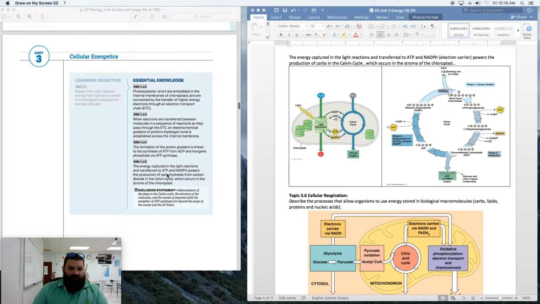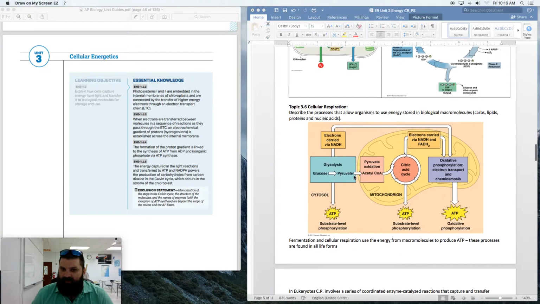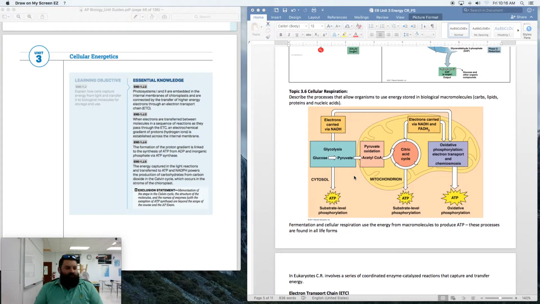And just kind of read through some of those. Remember, the memorization of the steps of the Calvin cycle or the structure of these, the names of these enzymes, is beyond the scope of this class and exam. All right, cellular respiration, topic